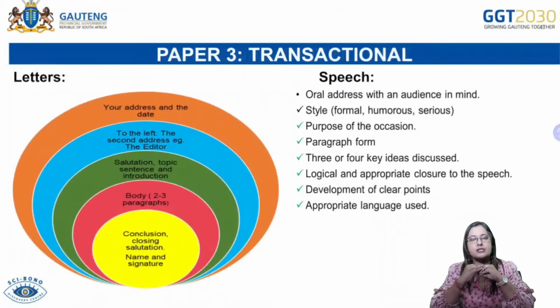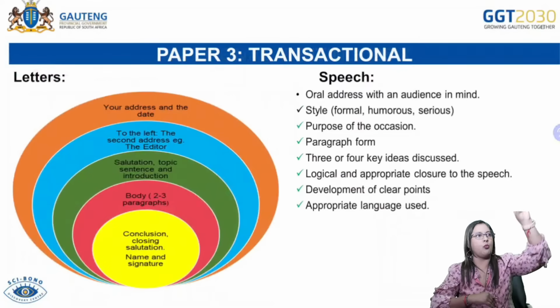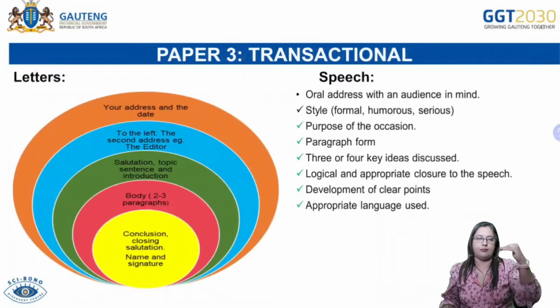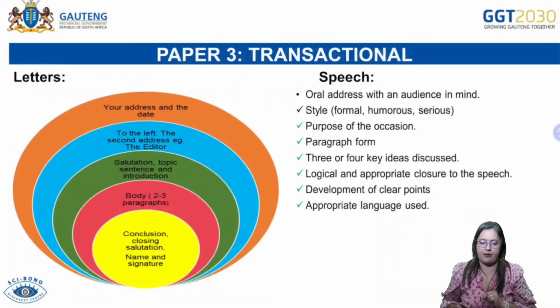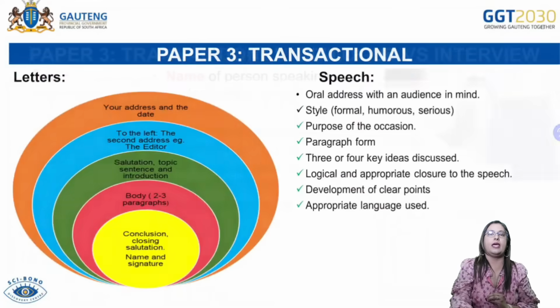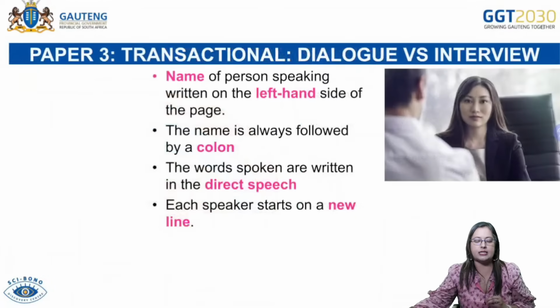Your paragraph form, definitely remember, it's not just from one word to the end and that's your speech. You've got to have paragraphs. Again, main idea being discussed in each paragraph. All right. 3 to 4 ideas is important for this particular speech, because that will then give us 3 different ideas that you want to speak about. Logical, please make sure that when you are developing your particular speech, the ideas and the points are clear to the reader. And then make sure you've used appropriate language.